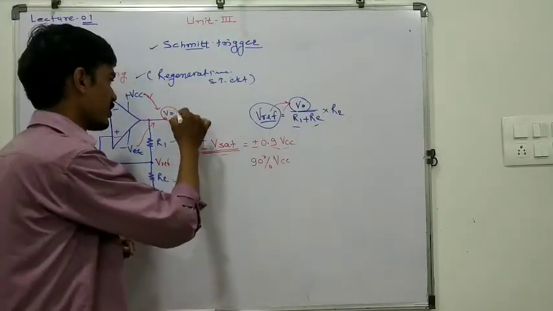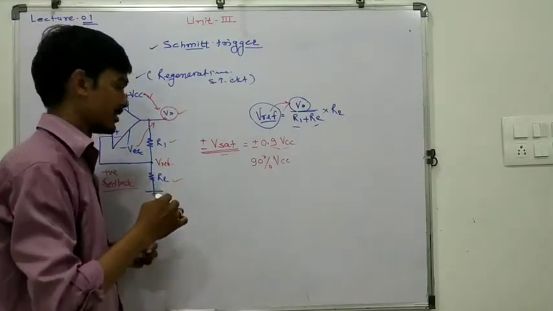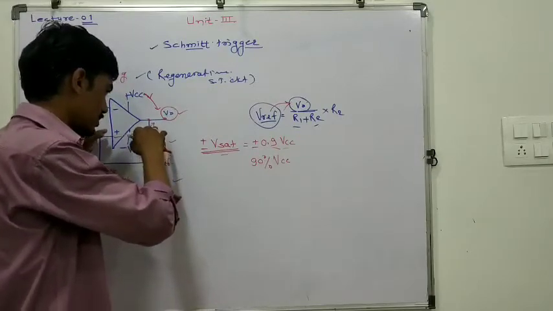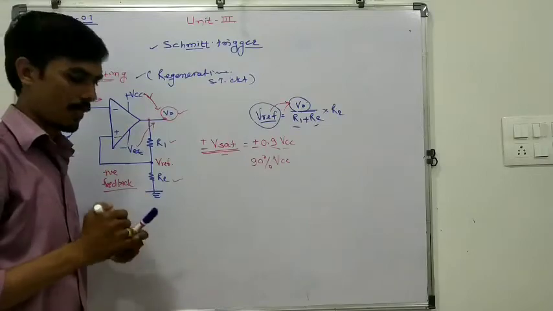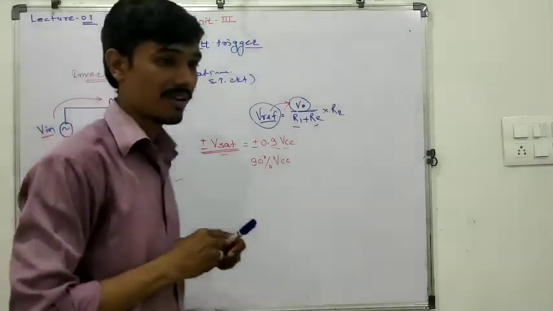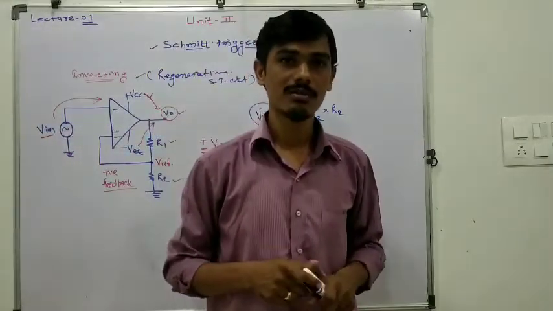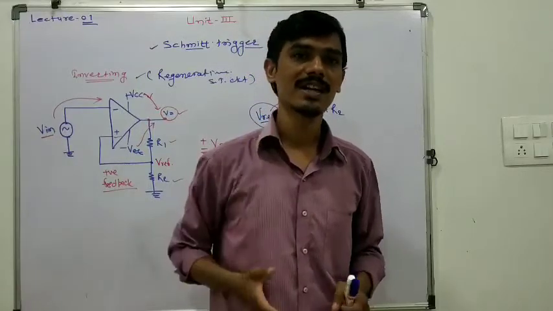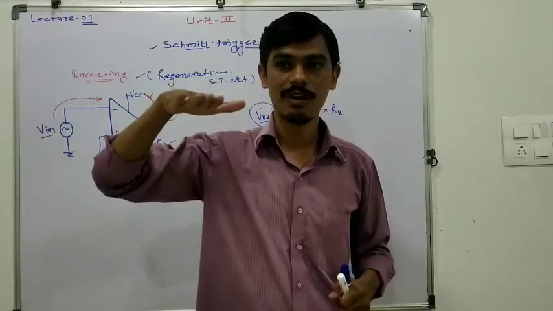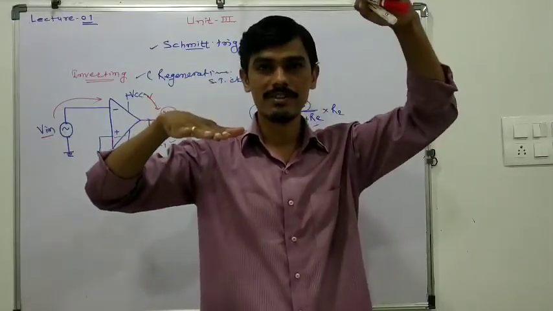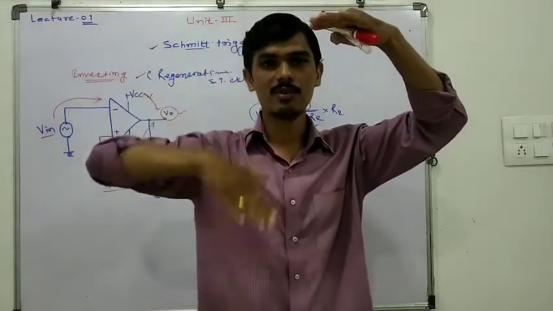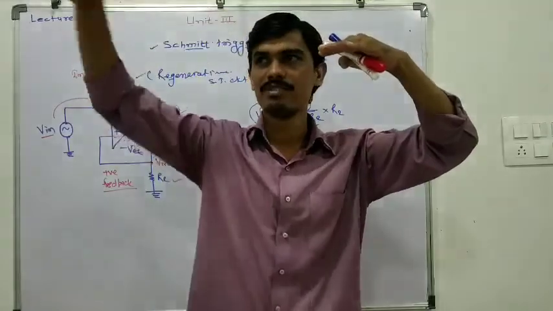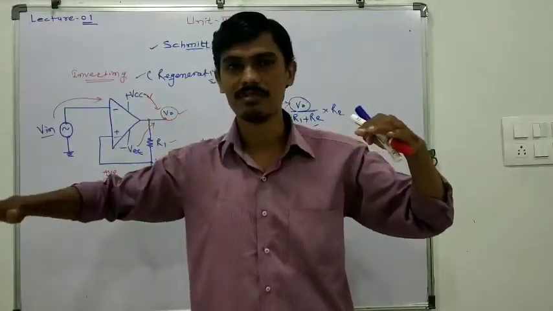So ultimately this output varies, if we are not dealing with this circuit, that is R1, R2, or this terminal, or a generalized operational amplifier output. When we talk about it, it acts as a square wave. So ultimately the output varies from plus VSAT to minus VSAT. This is plus VSAT and this is minus VSAT. In between this only it varies. The high level is plus VSAT and the low level is minus VSAT.